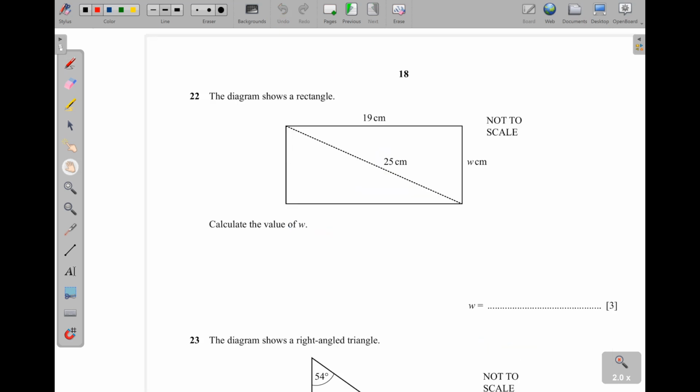Okay, the last page, the diagram shows a rectangle. Calculate the value of W. Now, for any rectangle, you should know that all of these angles are equal to 90 degrees. So when you look at this triangle formed, this is a right angle triangle. And for any right angle triangle, we use SOHCAHTOA or Pythagoras theorem. We use Pythagoras theorem if we are dealing with only lengths, but if there is an included angle, then SOHCAHTOA chips in, okay? So using Pythagoras theorem,